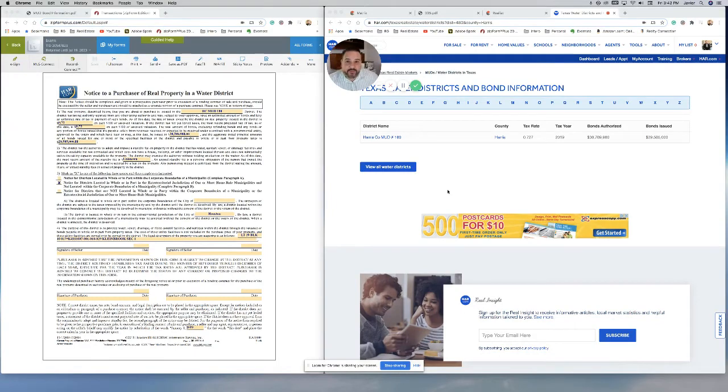Hey guys, what I'm going to do is teach you how to fill out this water district form, or the MUD form, which everybody calls it. It is a HAR form, so make sure when you're in zipForms you look under the HAR library. It's the Notice to Purchaser of Real Property in a Water District. A lot of people have a lot of questions and fill it out incorrectly because